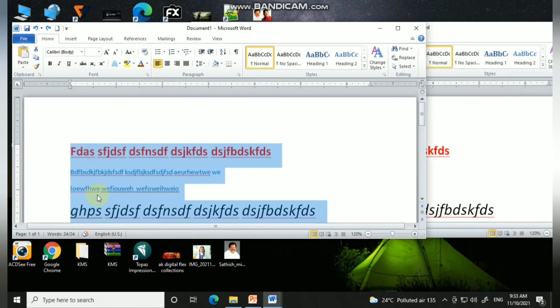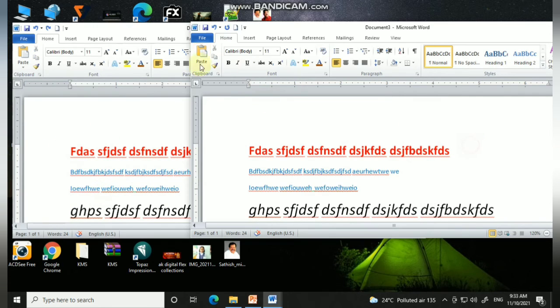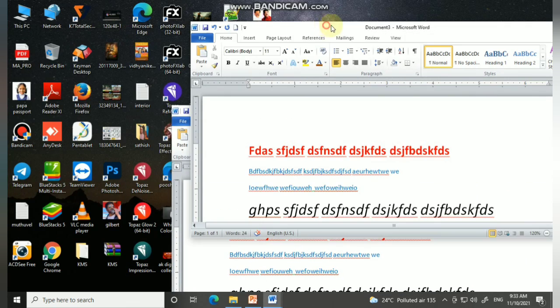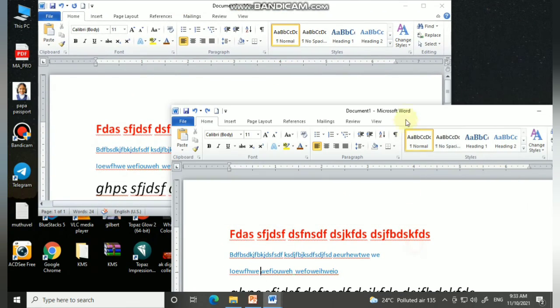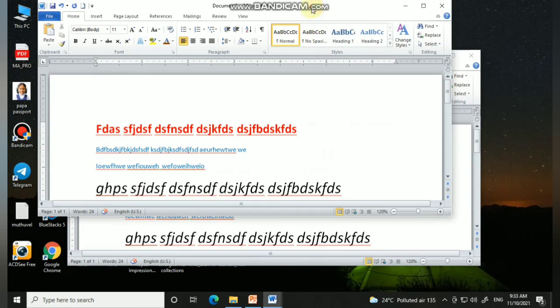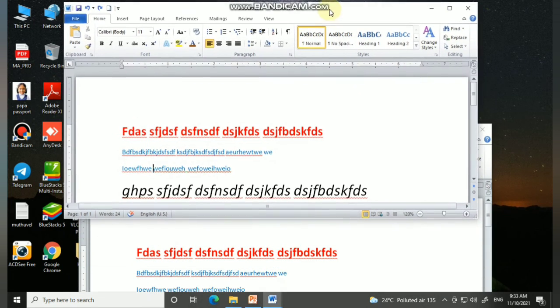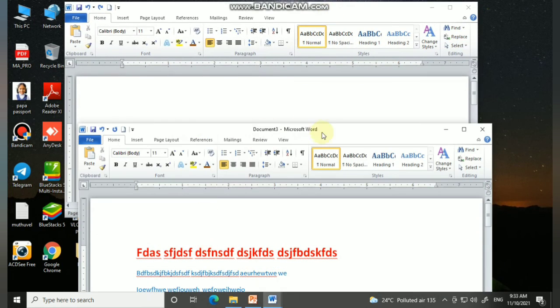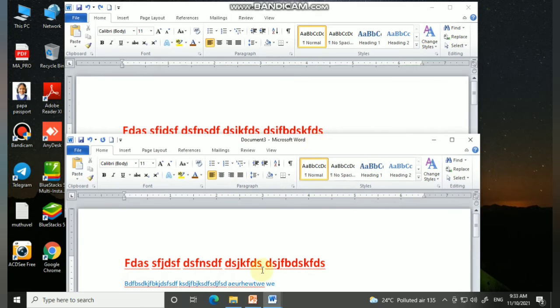I will do some corrections here. You just check it. This is my original and this is the copy of my text, the paste special option.